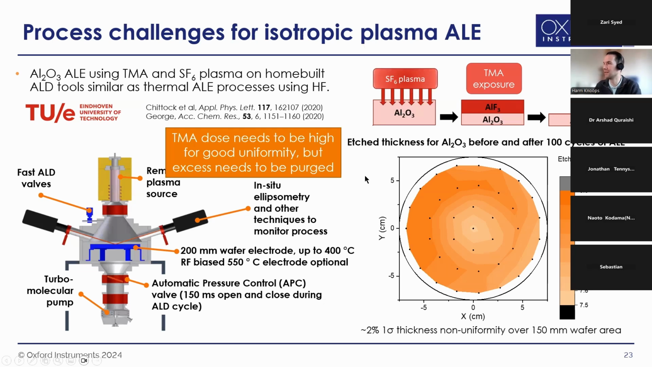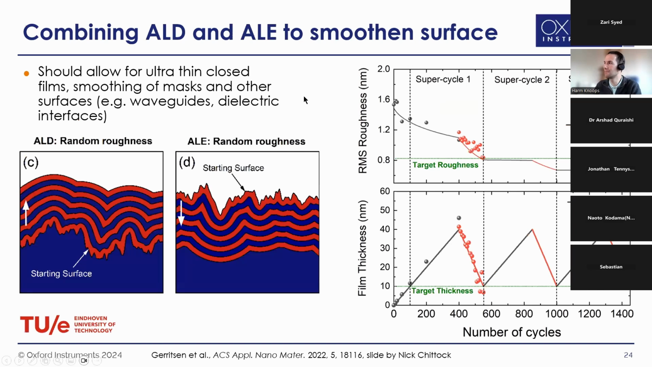I mentioned this already. And then with these processes, but actually also with ALE in general, you can do smoothing. You can combine it with ALD. I will not go too much into that. And how you can understand that is purely from geometric reasons. So if you have a rough surface, if you would progress that surface geometrically, that's explained also in this paper,